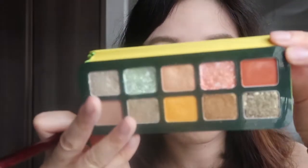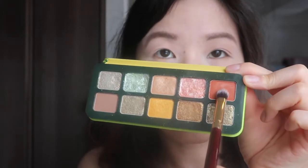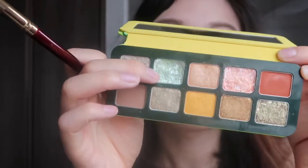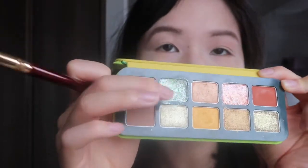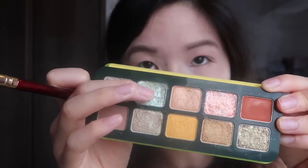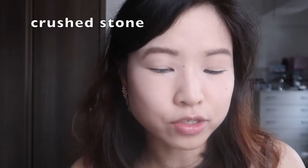Then I'm going to layer on top with M5, this terracotta shade, which I think is the star of this palette, aside from, of course, the crushed green formulation over here, which I totally forgot the name for this formula. Was this supposed to be like a new formula or something? I think so. I'll throw the name up on the screen if I can remember to, or if I feel